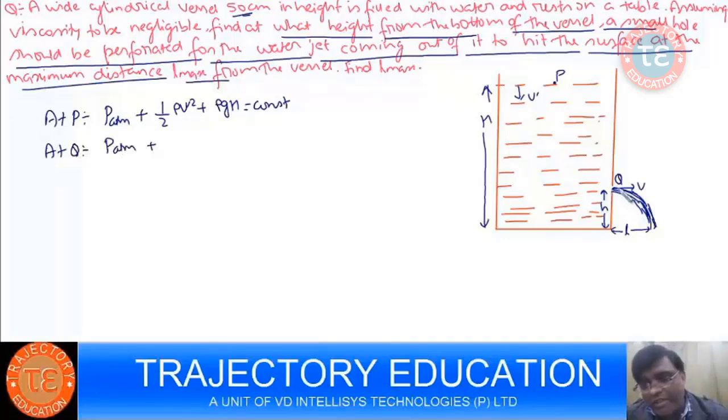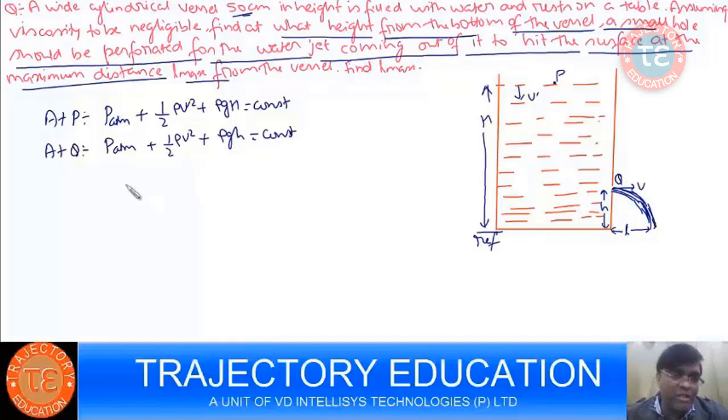Again, Q is in contact with the atmosphere, so static pressure is P atm, dynamic pressure is kinetic energy per unit volume, that is half rho v square, and this is rho gh, gravitational pressure per unit volume. I have taken this as the reference, so that is also constant. All right, so if I equate them,